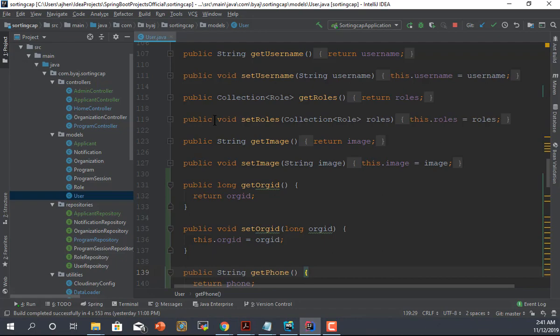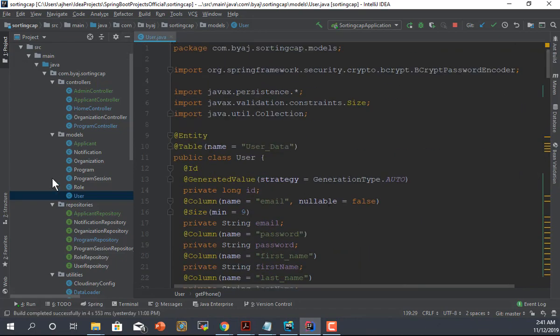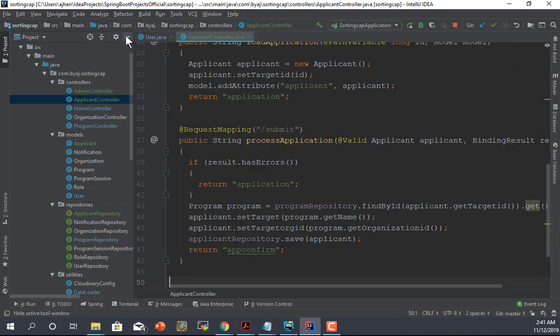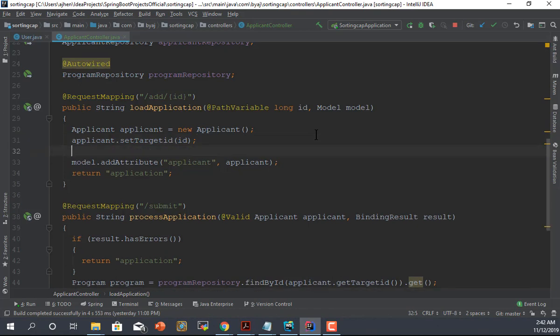Now I'm going to leave my registration form the same, but what's going to happen is when I load my application, I am going to take my new applicant form, and it's going to load all the data that the user already has. Now, for some of them, it's going to be empty because we've never set it inside the user, but for the other ones, it's not. So we're going to say